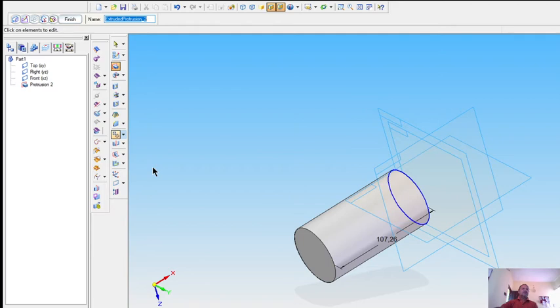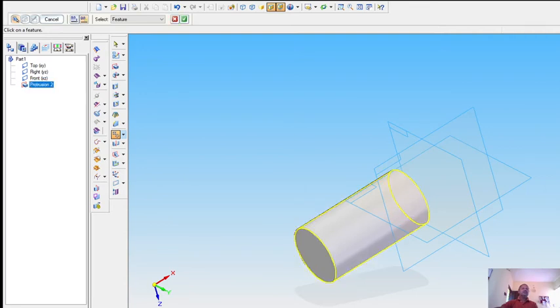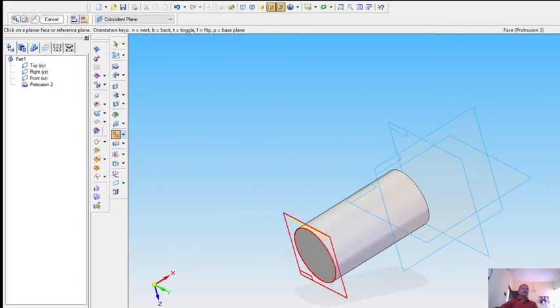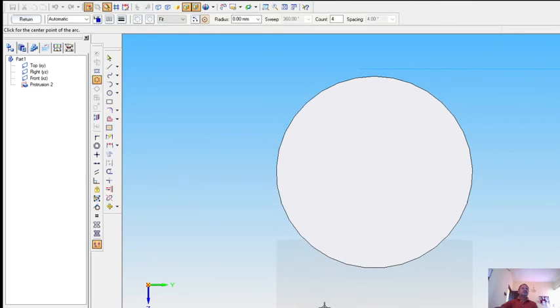Okay, so let us take the pattern. Click on the feature, select this feature, right click here on the right mark to accept the current input. Click on the reference plane, this one, then click for the center point of the arc.